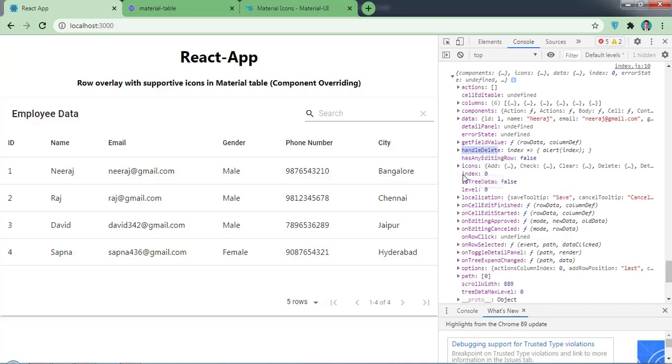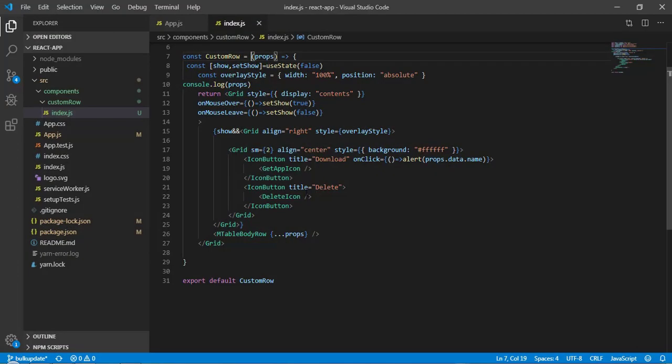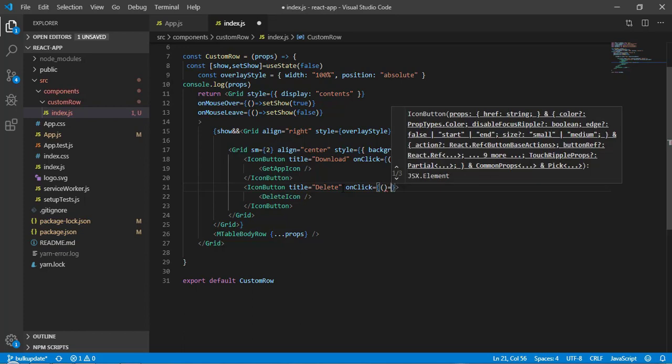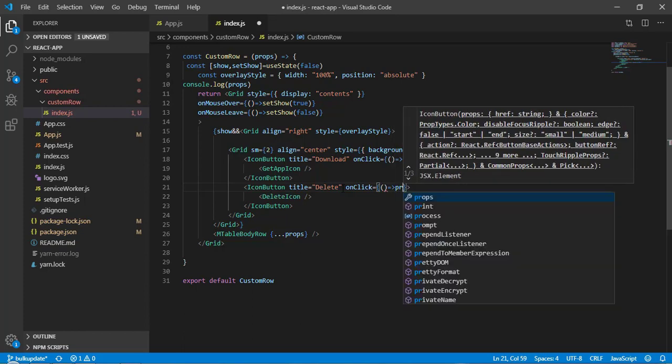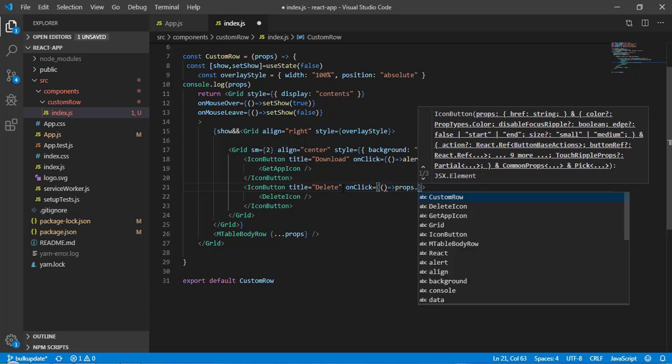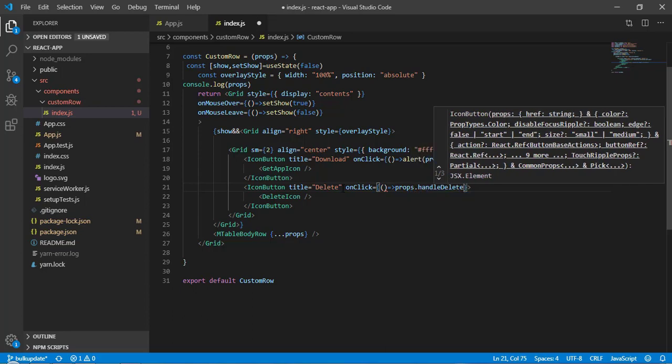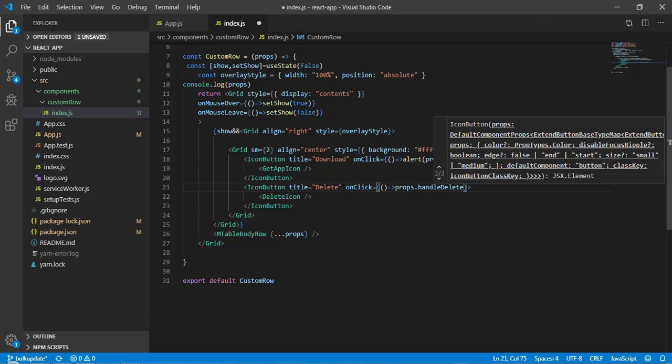Okay, and here as you can see we have index as well. Now here I will handle on click, so on click, okay, and function, and here I will call it as props dot this handle delete because I am getting it as a handle delete.